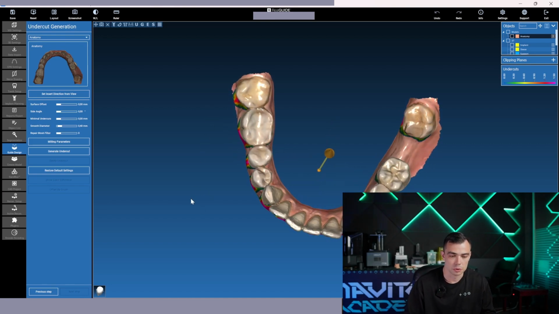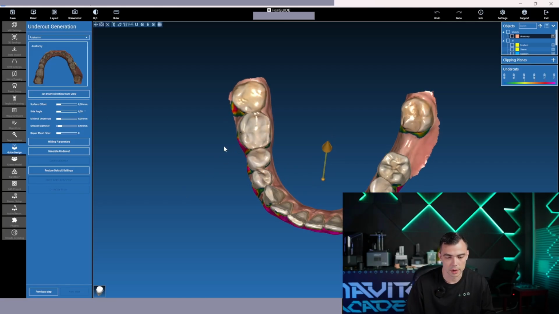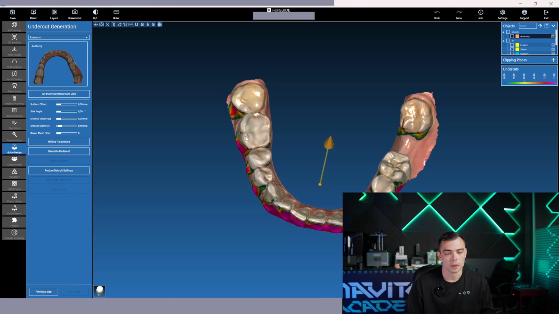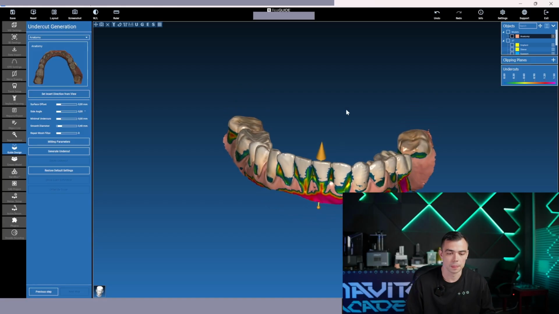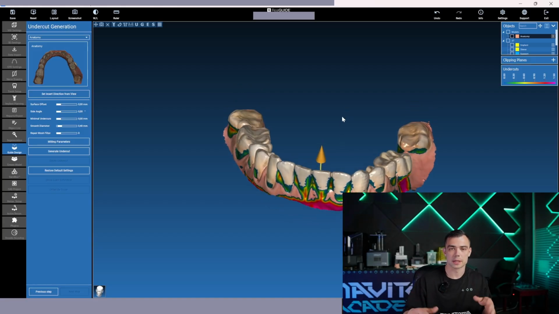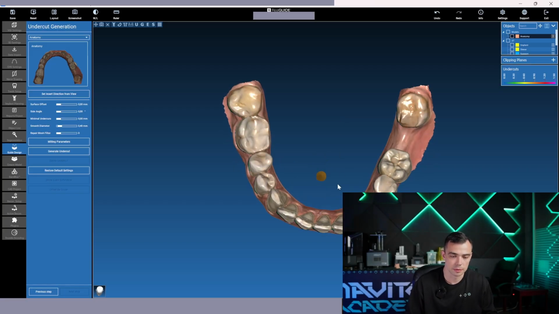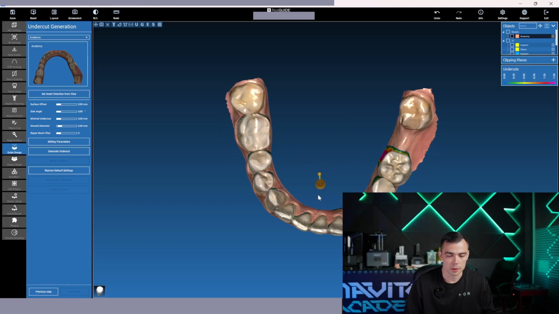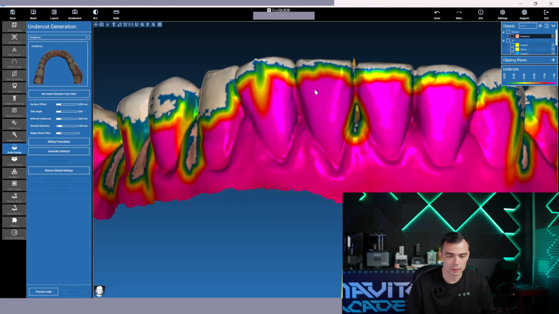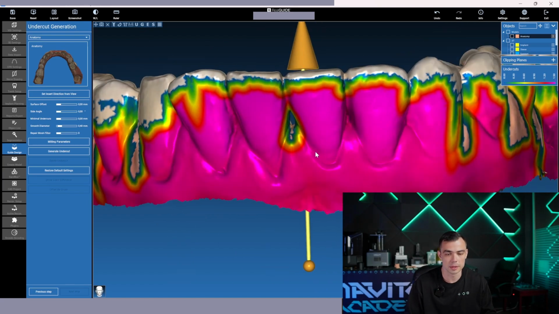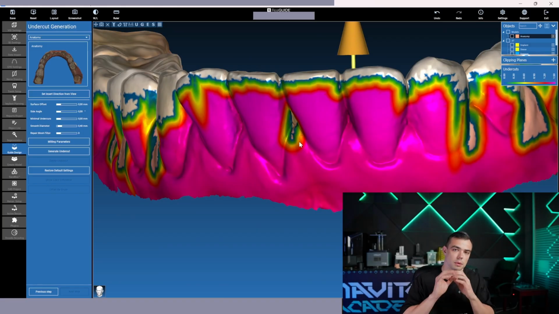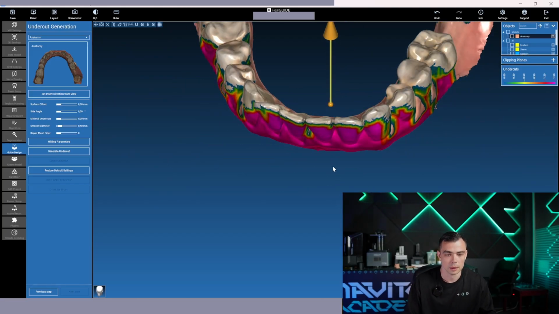Firstly, we have to set the direction from the guide, and the main idea is to maximize the contact, maximize the surface contact with our future guide. That means that if you take a look at what we have, we see a lot of red, yellow, purple color here. That means there will be no contact between your teeth and your guide. But our goal is to maximize this contact,